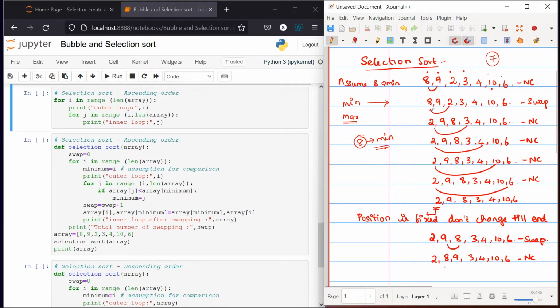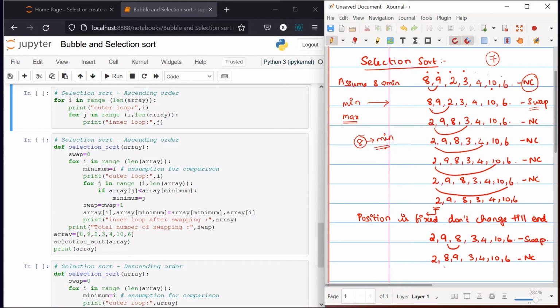Now you have to compare 8 with 2. There is a necessity to swap, right? Because we assumed that 8 is the minimum, the condition has failed. The latest update is that 2 is the minimum value, so it has to swap those two places. There is no change with respect to the first iteration, but when going to the second iteration, it gets swapped. 2 is the least number in the series itself, right? But it has reached that position.